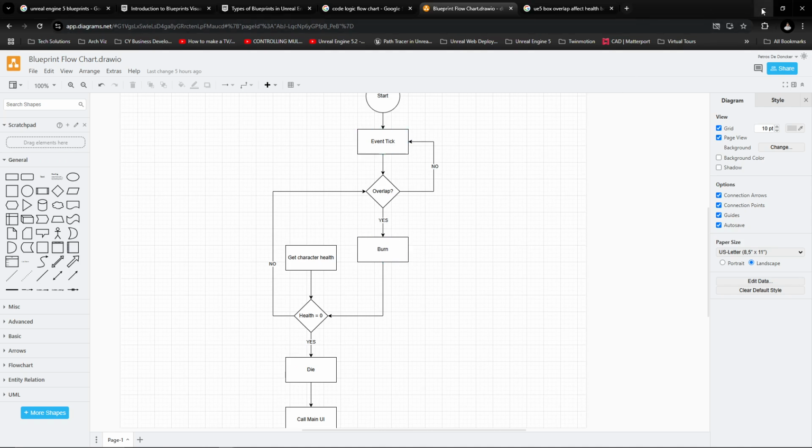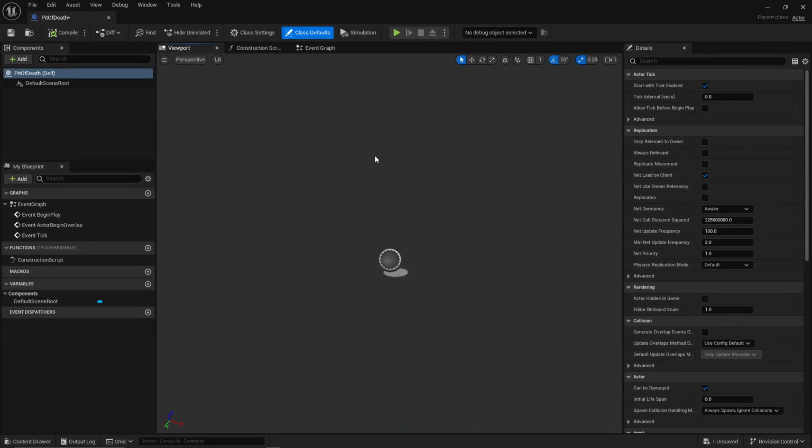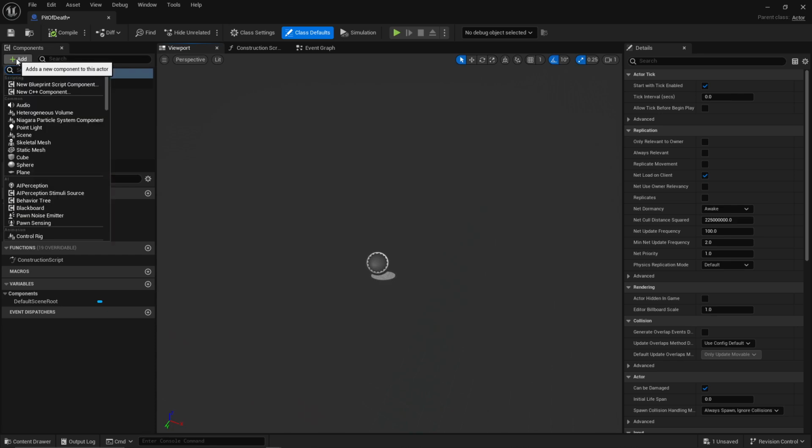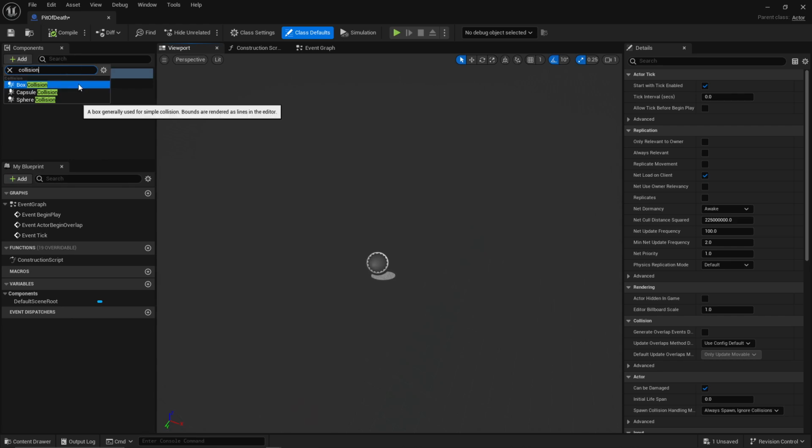So we need to create essentially first an overlap event. In order to do that, in Unreal Engine they call those points collision boxes or collision spheres. So anything that you want to interact with needs to have a collision box, which has some physics attached to it as well, which is something we can manipulate a lot in the engine. Under components we have a little plus sign here. We're going to click on that and type in collision, and immediately we have box collision, capsule, sphere collision, whatever is more realistic. I'm going to hit box,